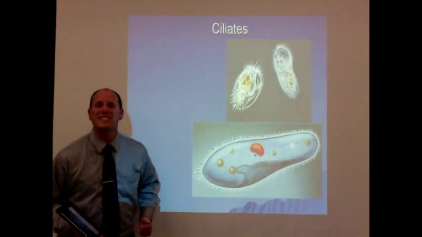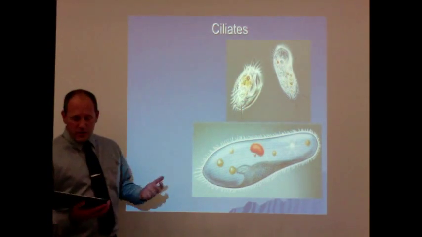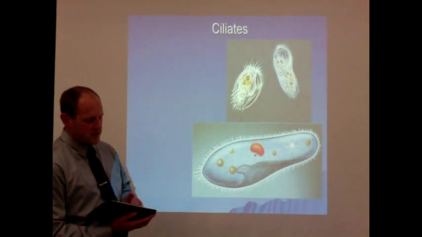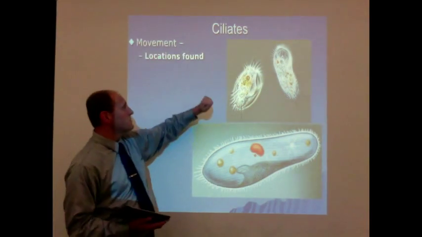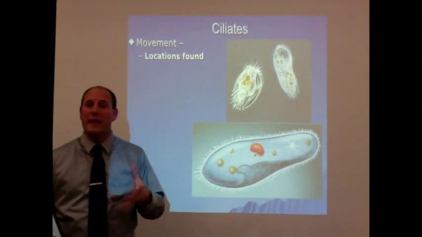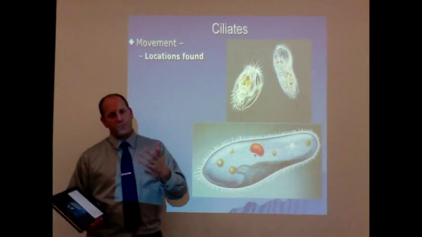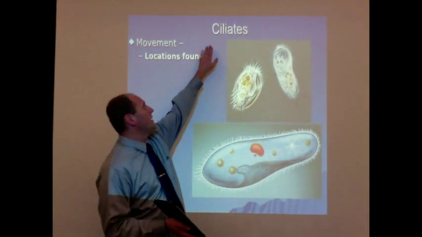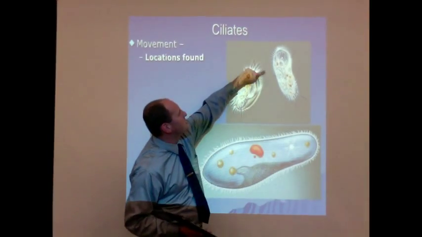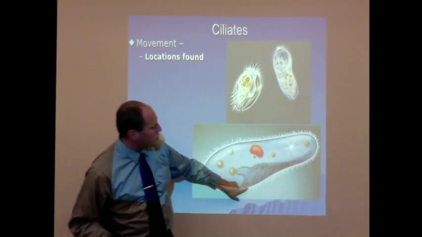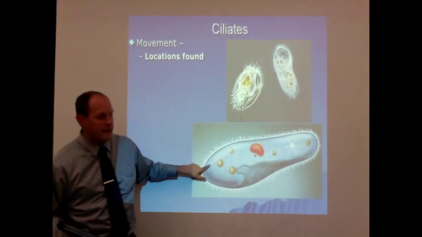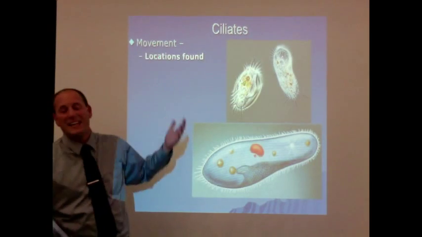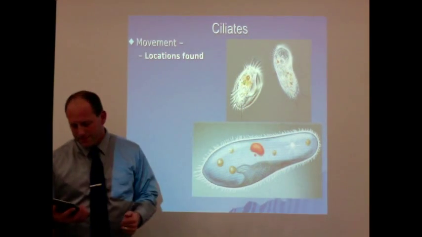And then the last one here are the ciliates. Ciliates are actually organisms that you might be a little bit familiar with. How these particular organisms move, they move around using many hair-like cilia. Similar to how the dinoflagellates have flagella, the ciliates have cilia. And you can see the cilia in this photograph, and definitely in the drawing here, all these little hair-like projections sticking out here. For movement, that's what they use to move, the cilia.